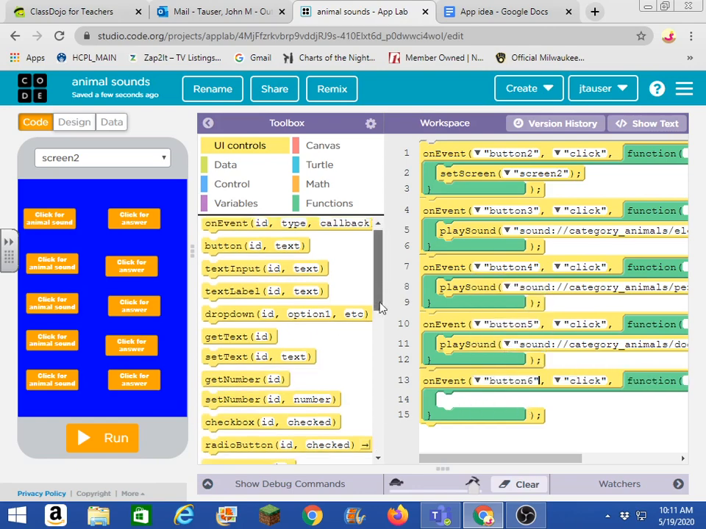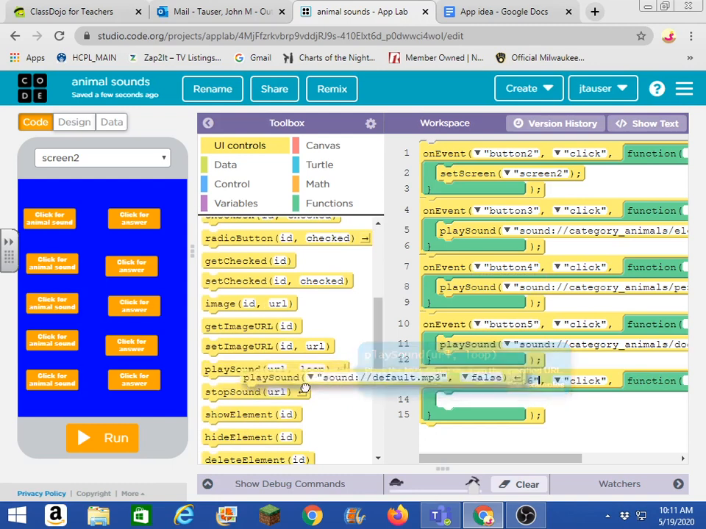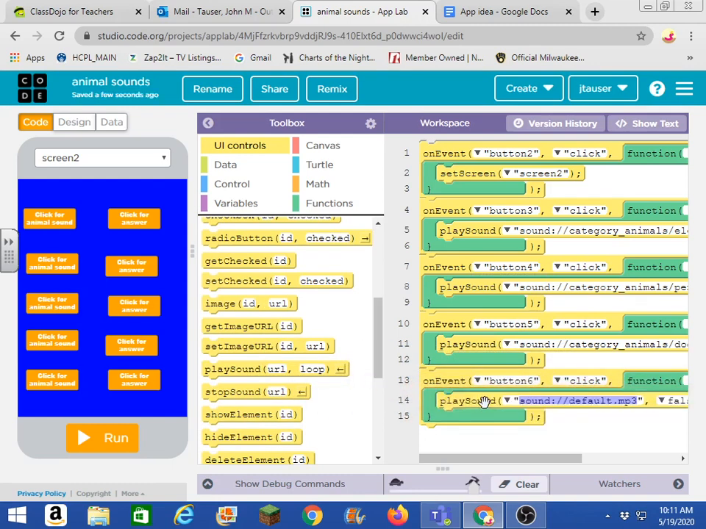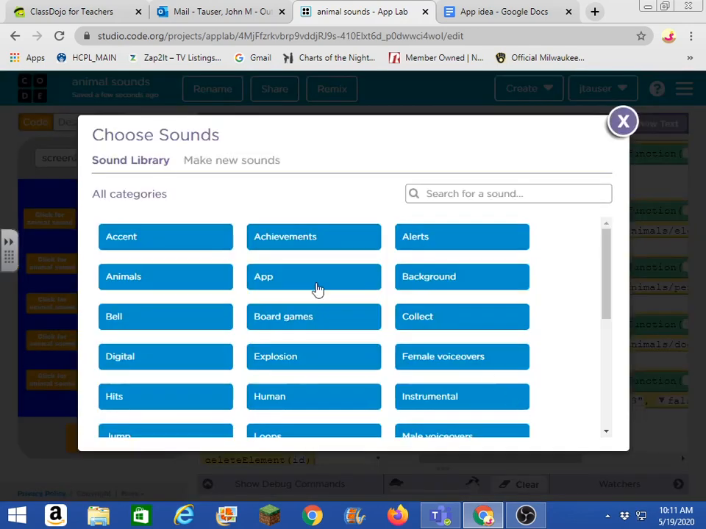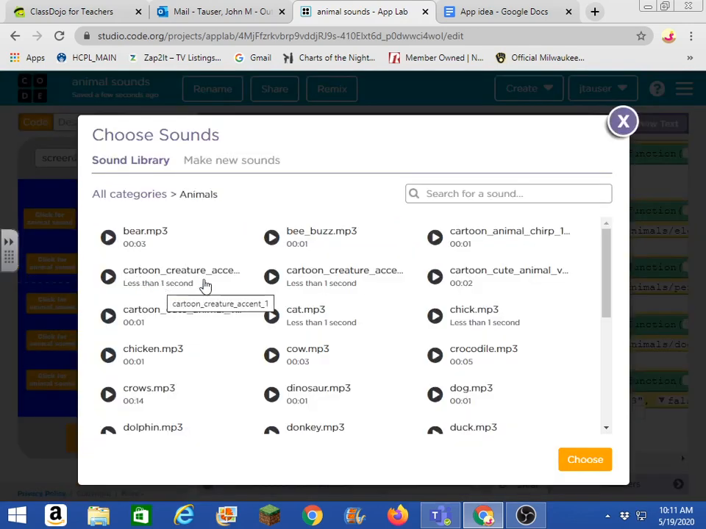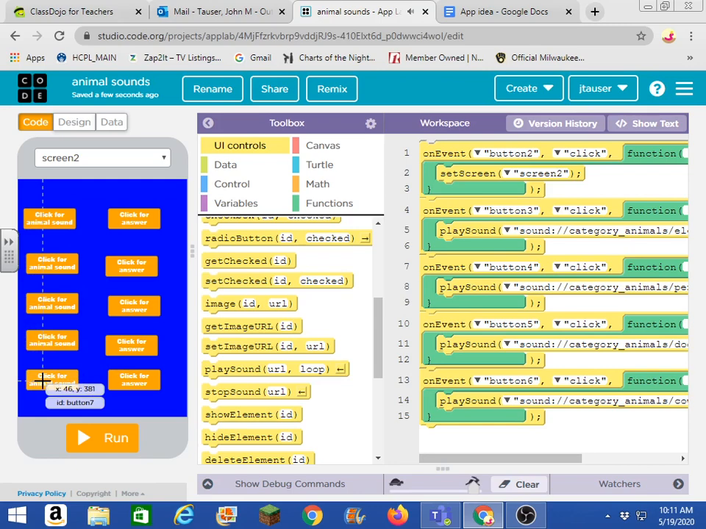Button 6, and we're playing the cow sound. And I've got to find the cow in there. Main thing here is I want you to see how you can add sounds to this. There's my cow. All right, we got a cow, and then button 7